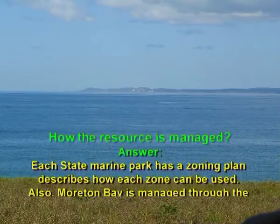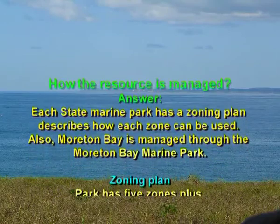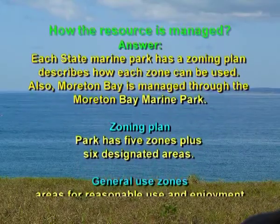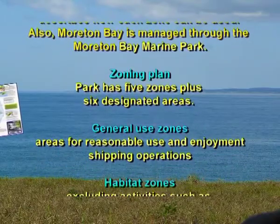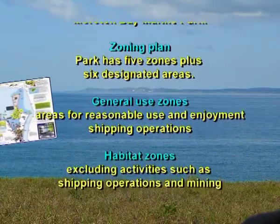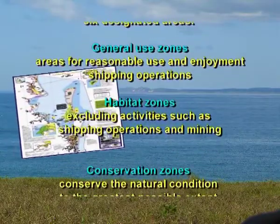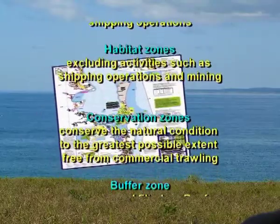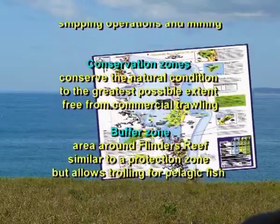Each state marine park has a zoning plan which describes how each zone can be used. Moreton Bay Marine Park has 5 zones and 6 designated areas. These include general use zones, habitat zones, conservation zones, buffer zones, protection zones,